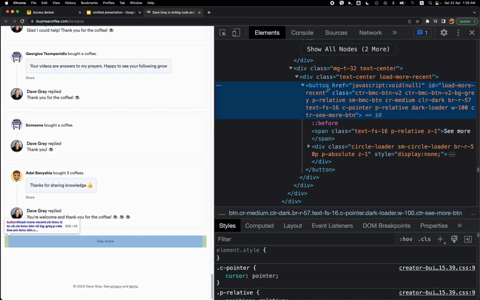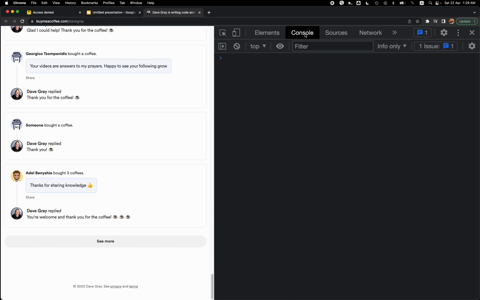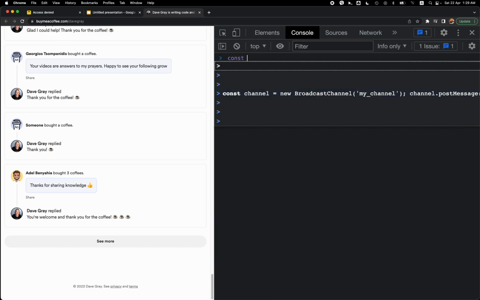As you can see, it's a button. It has a unique ID, load more recent, which is very helpful for me because I'm going to grab this and use document query selector to grab this and dynamically click it. So if I get an element, let's say